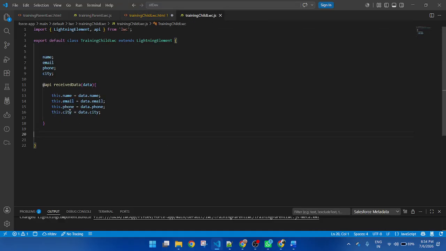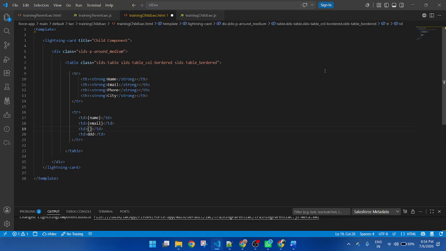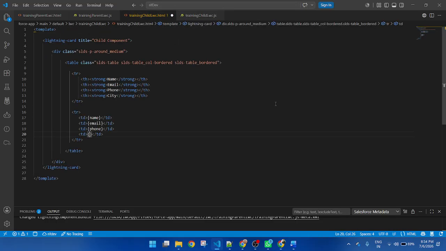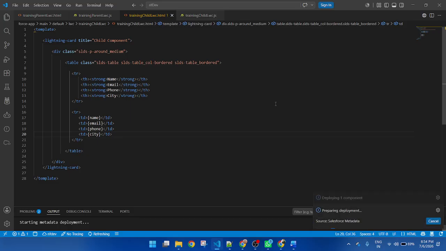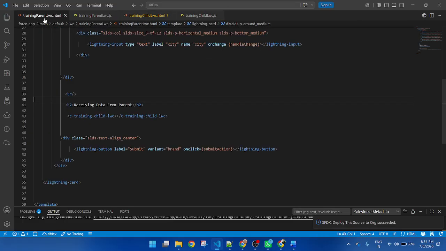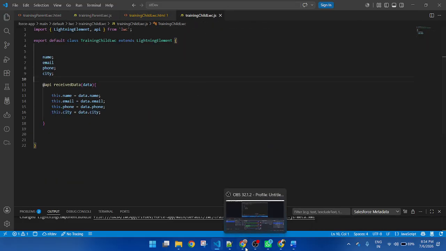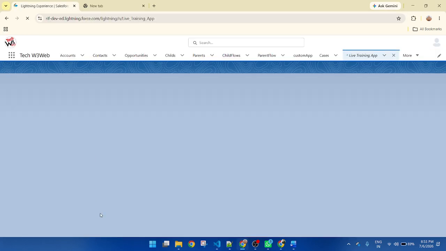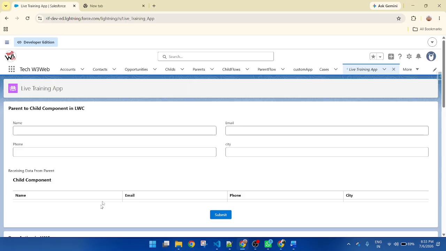Now phone. Now calling city. Then deploy. Okay, so now I deploy both components, parent component and child component, all the JavaScript. Now let me refresh and check the scenario that I am covering today.